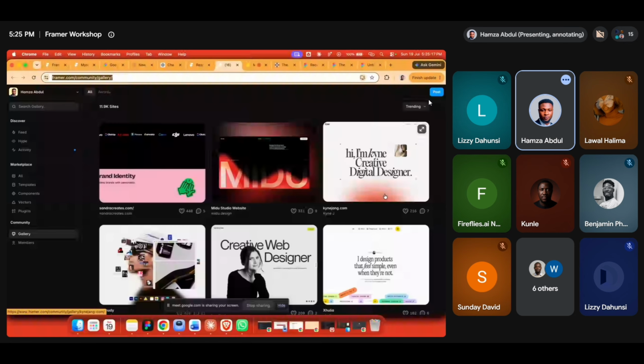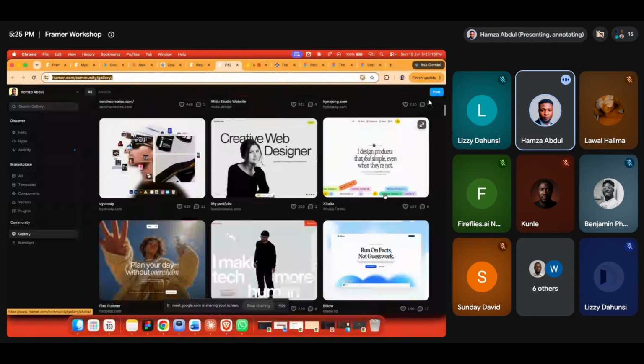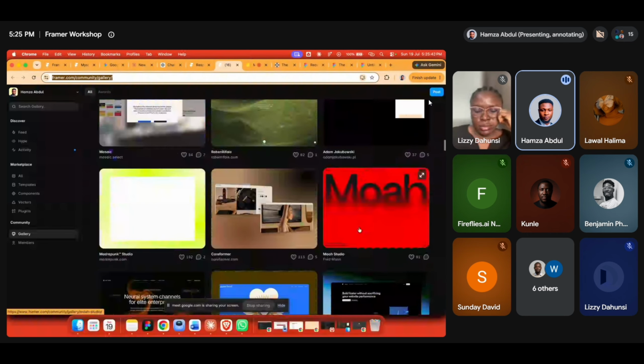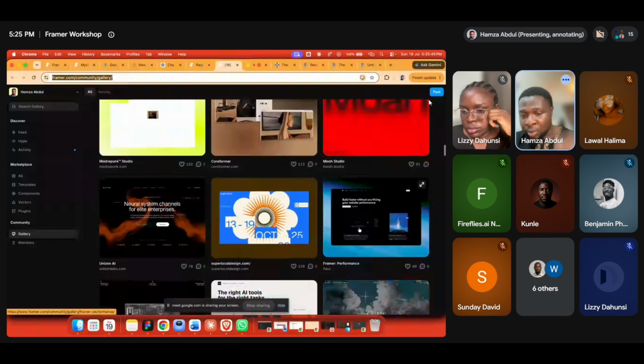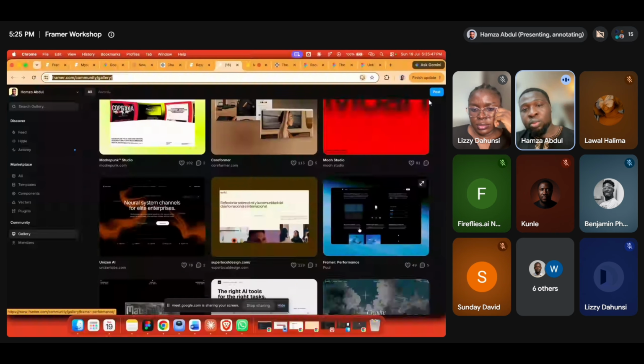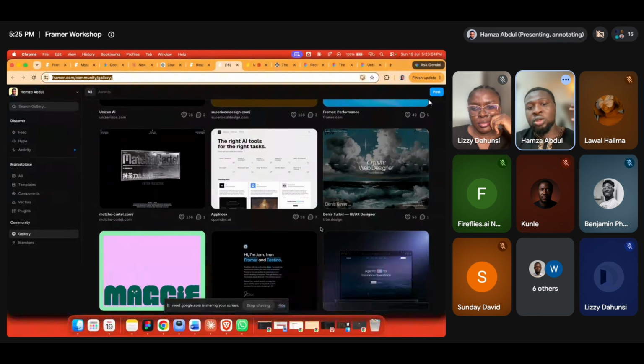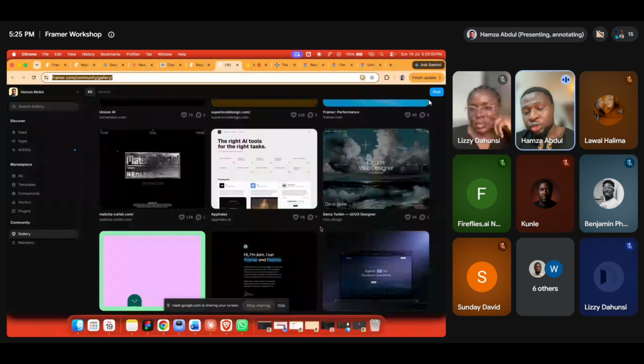We are going to do a sample here on how you can come here and steal some things and use it to create your own. Maybe that will be what we use for our demo today, right? You can come here, it's unending. You can be scrolling for days and you keep seeing more and more websites that are currently live, and you can take screenshots of them to use to build your own.